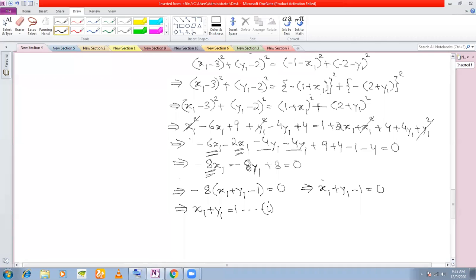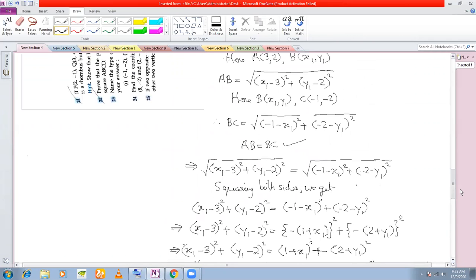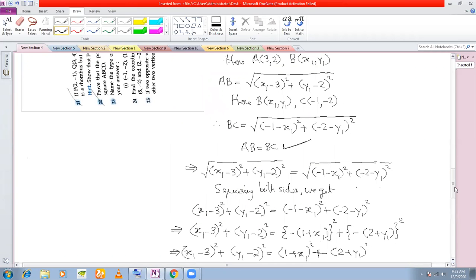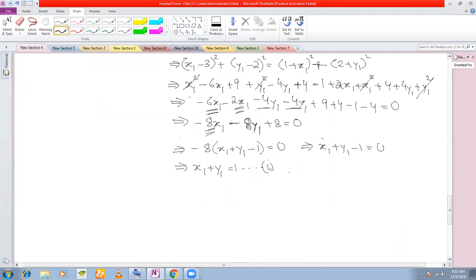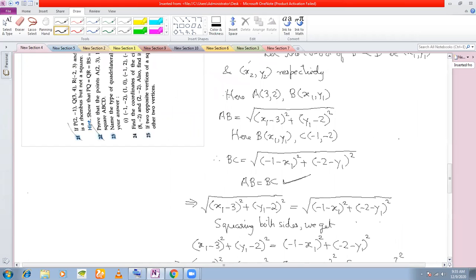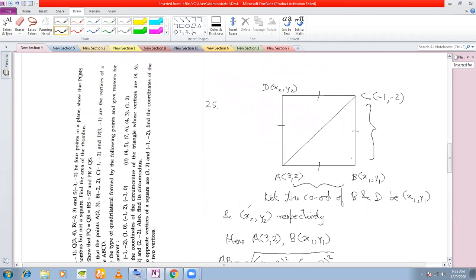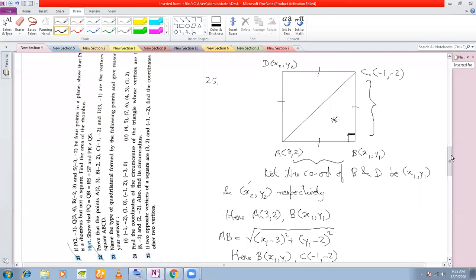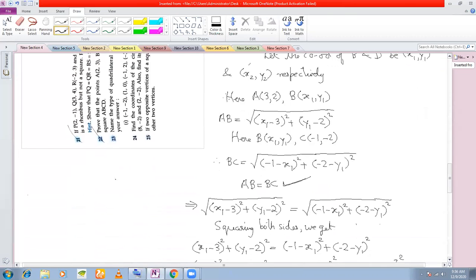Okay, now we shall use the second condition here. What is the second condition? We have already used this condition, AB is equal to BC, to get our first equation. That is this equation. Now we are going to use the fact that in this square, this angle is 90 degree. And if this angle is 90 degree, then this triangle becomes your right angle triangle with AC as your hypotenuse. Okay. So we'll write in triangle ABC,